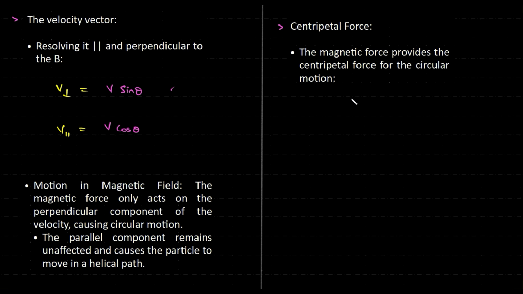Now the centripetal force. Who will give us the centripetal force? I have written over here, the centripetal force is given by your magnetic field, right? So that's the cause basically. Of course, even the charge itself. So we have the centripetal force given by mv square by r, right? That's the formula. So on substituting,